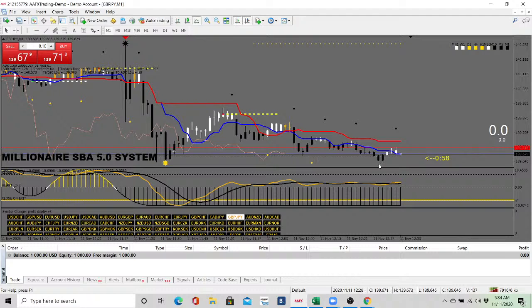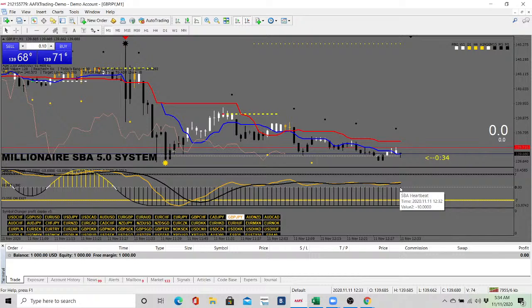Do we have resistance dots below? We have 1 right here, and that's it. RSI indicating a sell? Yes. MACD indicating a sell? Yes. But